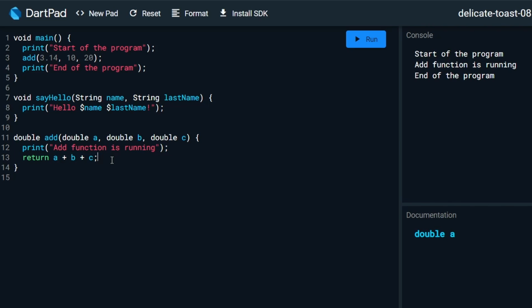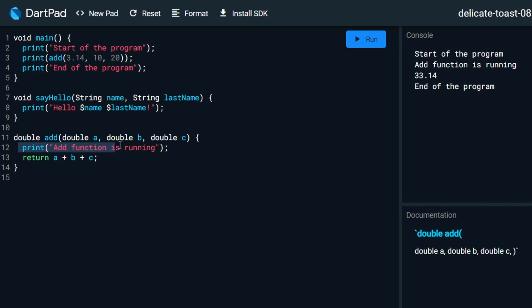So what do we do to get the output? We will wrap this add function over here inside a print statement, and that is going to print the result. That's 33.14. So what's happening over here is, inside the main function we are running the start of the program, then we are running the add function. Add function is going inside the add block.